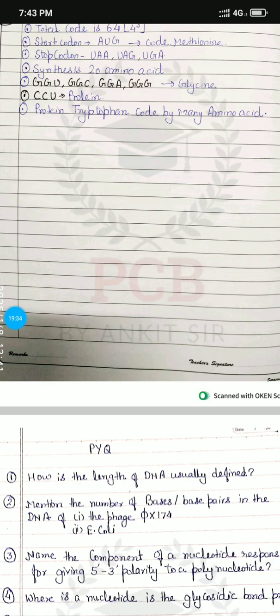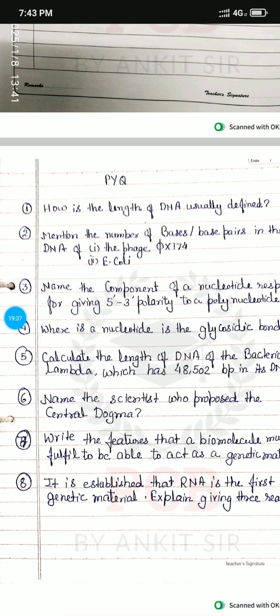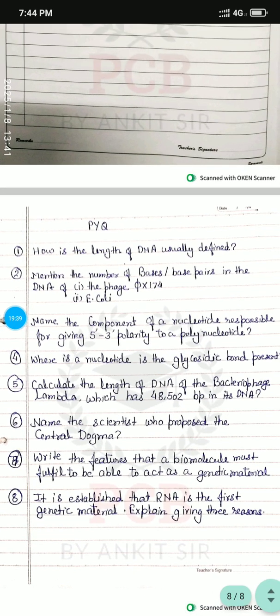Now the main part is PYQ. So let's go for the PYQ. The PYQ has some questions, but I will publish the main questions and answers in the next video tomorrow. So how is the length of DNA usually defined? First question is this. The second question is,